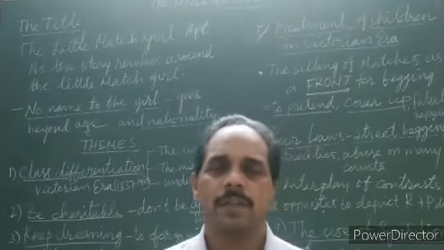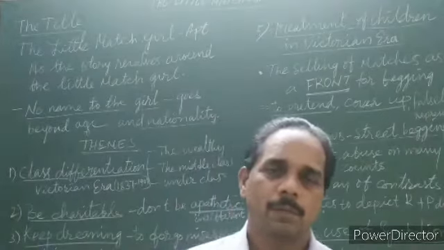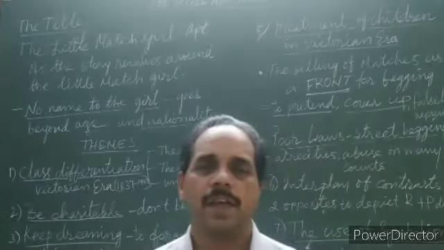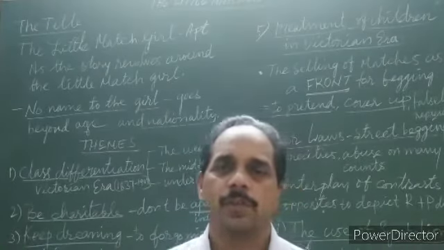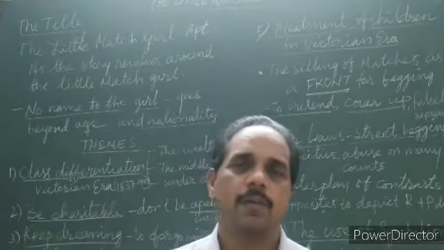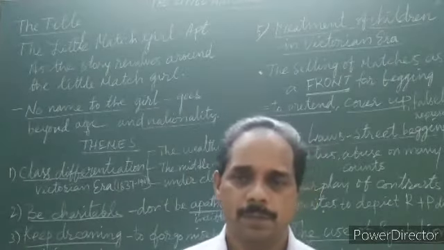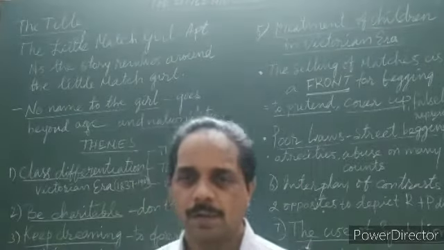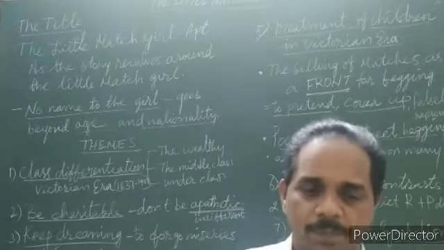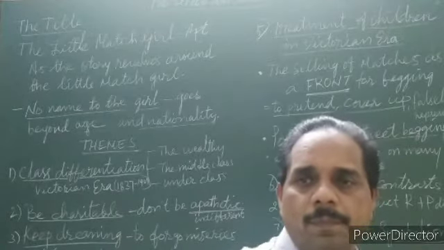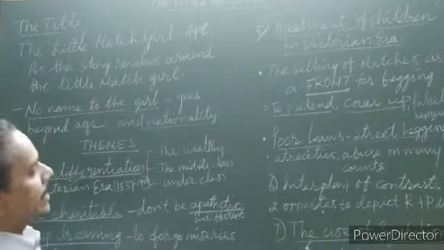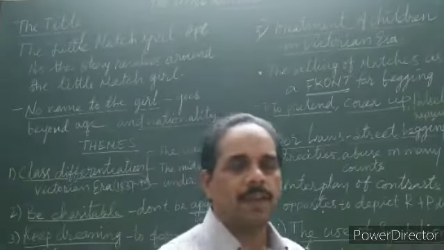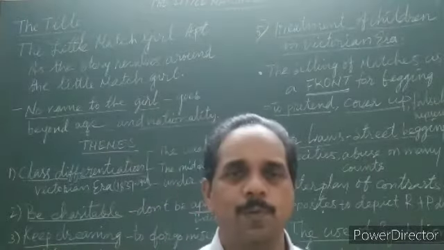The main plot is symbolic, based on the needs and desires of the match girl. The four visions we said, and each vision how it is connected we have seen. Today we shall look at the rest of it. First of all, the title. Is the title, The Little Match Girl, is it a fitting one, apt one?